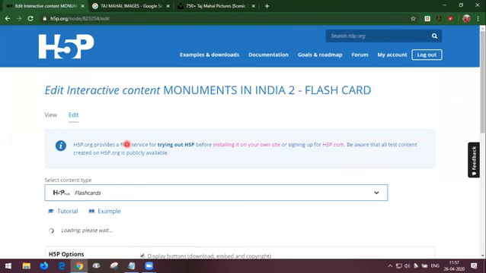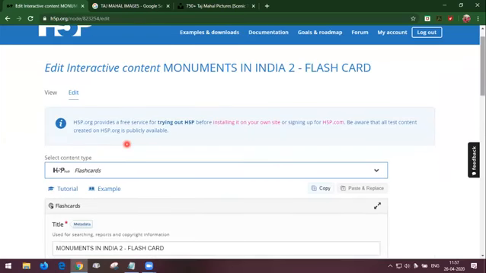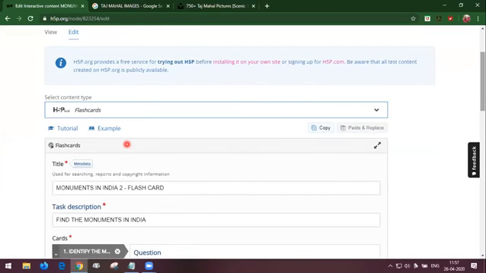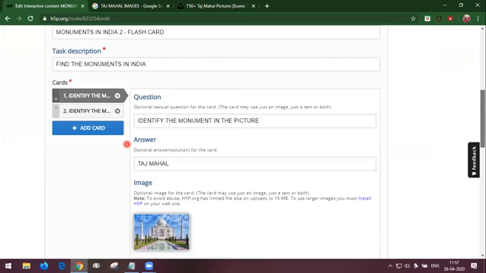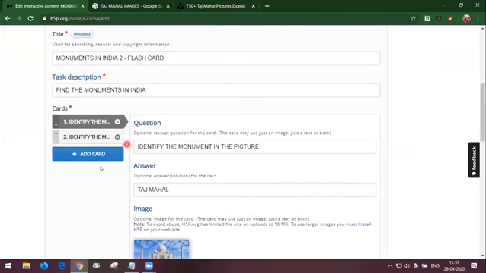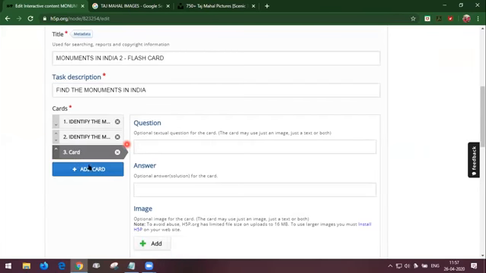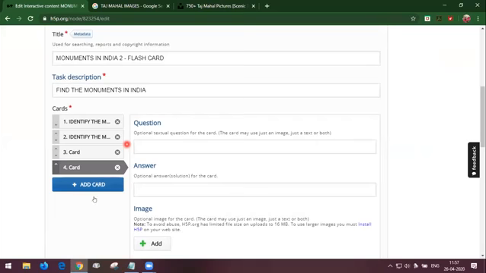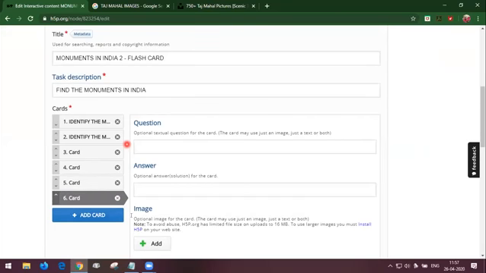Now uncheck the case sensitive. Yes. Now I am going to remove the case sensitive part here, and also I am going to add 2 more cards. It's not like that we should enter one by one card and view it, and again come back and edit, and feed the next card. If we are sure about our creation, we can add a number of cards here itself: 1, 2, 3, 4, 5. Any number of cards can be given here according to our content.